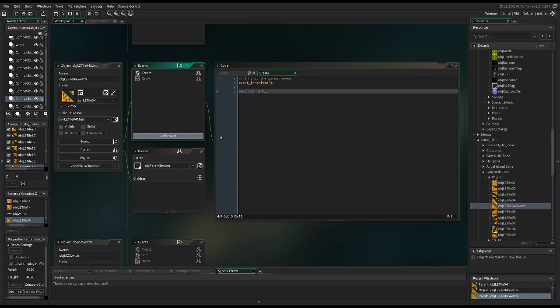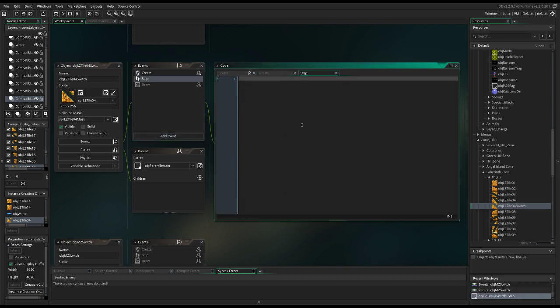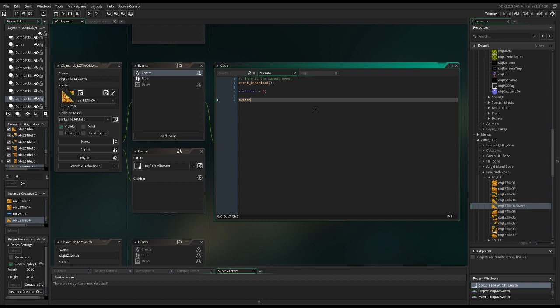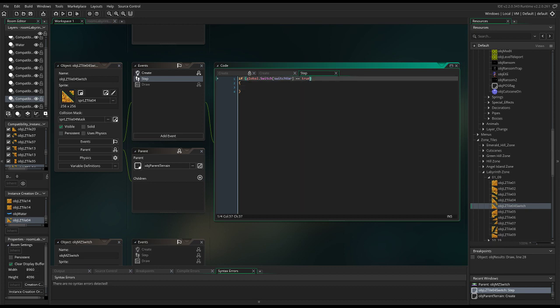So first, let's just go ahead and say if this, if it's true, oh yeah, let's make sure, because we're gonna play a noise when it's on, but we don't want it to play the noise like several hundred times. So switched equals false, which will basically say, has it switched yet? And if it's not,